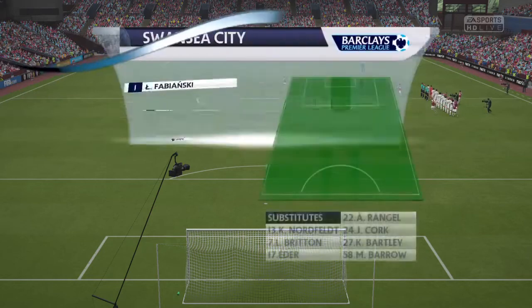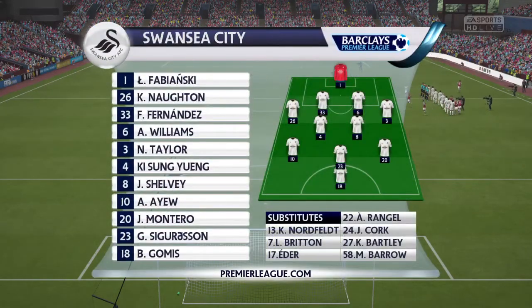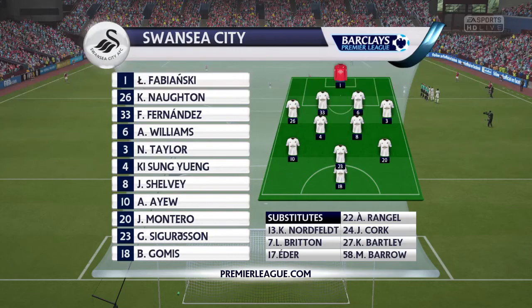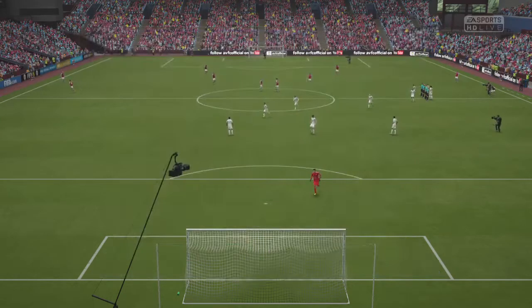This is Swansea City's team for you today. Lukasz Fabianski plays in goal. Ashley Williams plays with Federico Fernandez as the centre-backs. Jonjo Shelvey starts with Ki Sung-yueng in the centre of the park. Bafetimbi Gomis is the main striker today.